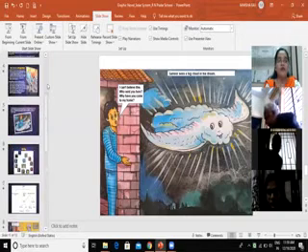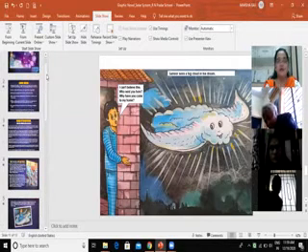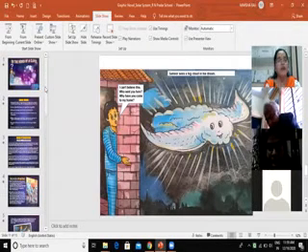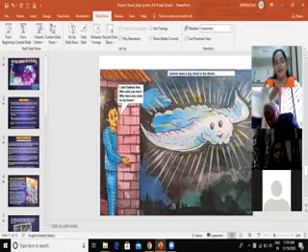Now we assume here also that you have already set the transition effects on all the slides. Now it is always better to use a background music throughout the novel. So I'm going to show you next how to insert the background music. It can be played across all the slides.